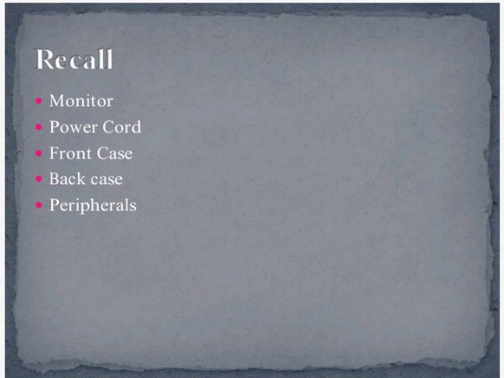What is in the front of the case? DVD drive bay, power switch, USB sockets, headphone, microphone, sometimes card reader, etc. What is at the back of the case? Yes, it contains many connection ports for connecting various devices. At last, what are peripheral devices? Apart from the basic parts, the other parts of the computer are called peripherals. Examples: web camera, scanner, printer, joystick, etc.